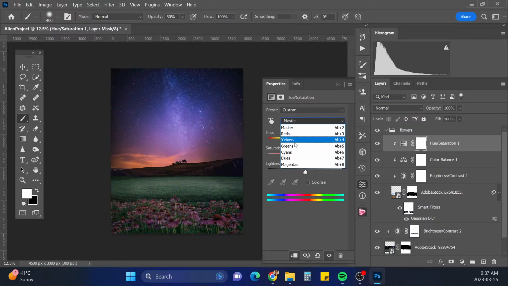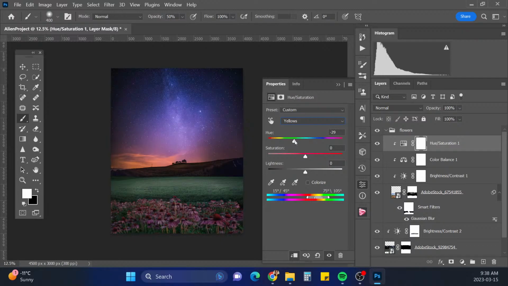I'm going to go into the greens, and we're going to bring them more to the blue. Those are kind of more yellow. Okay, never mind. We'll desaturate those a bit more. Let's go into yellows. We want to make those a little more blue, I think.